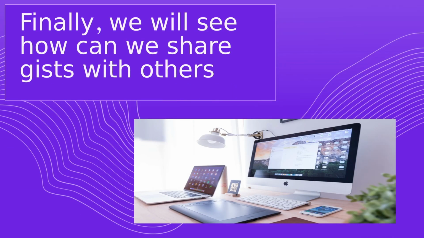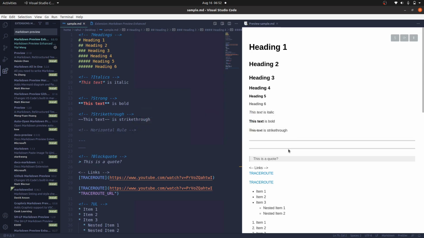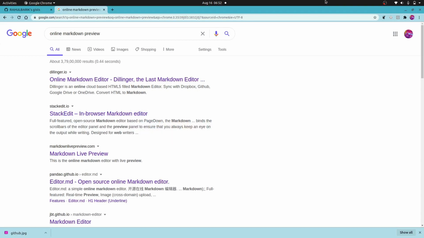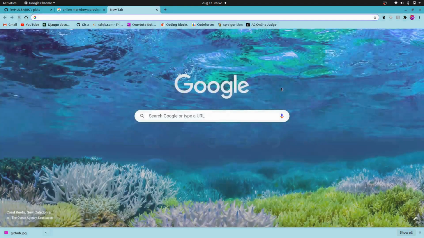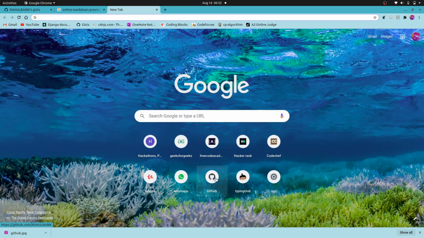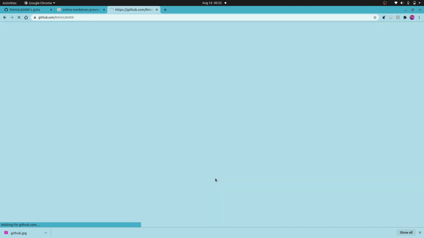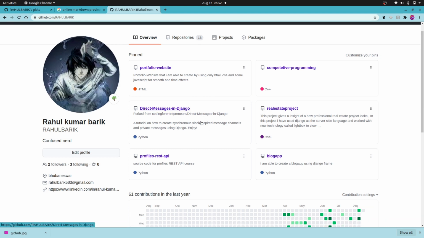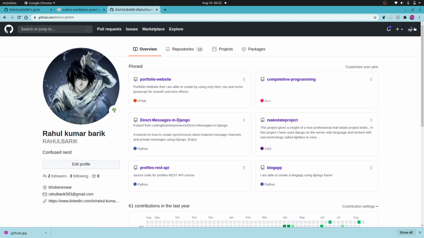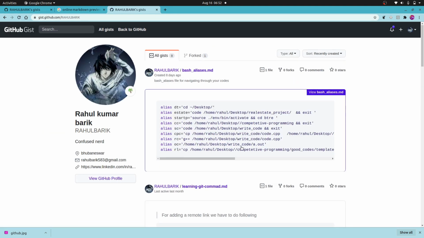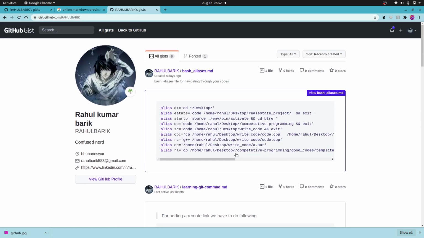Now finally, how will we be able to share gist with others? We can share the gist with others by navigating in Chrome. We can hover over your gist.